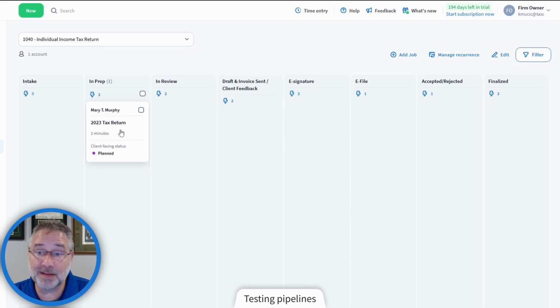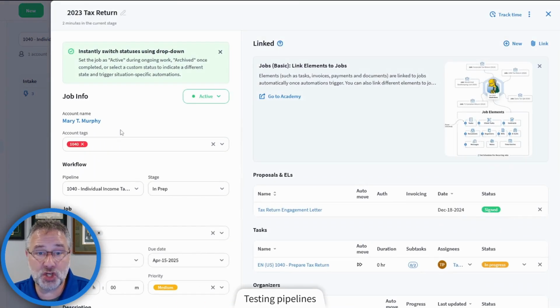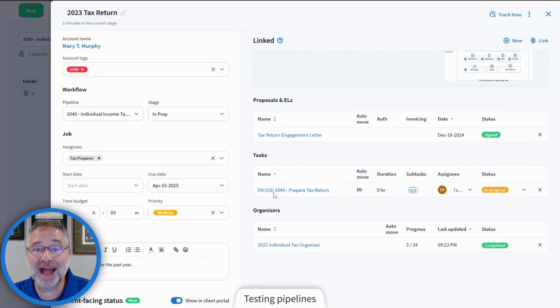All the automations in my first stage work, and the auto move worked correctly as well. The next step requires my employee to start working on that tax return. If I open the job, I see the previous items are marked as completed, but there is now a new task. I set up my tax preparer as the assignee in the template. So when the automation was triggered, it automatically assigned and notified them about this task that they have to get